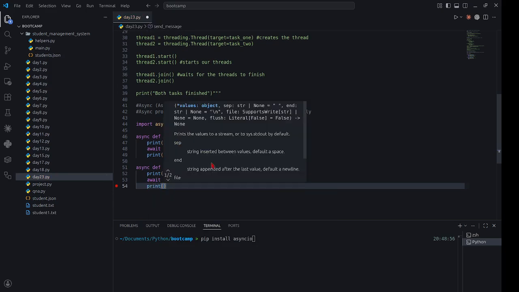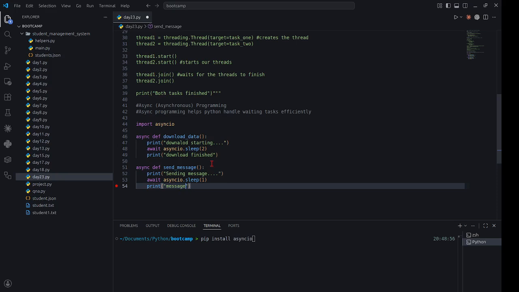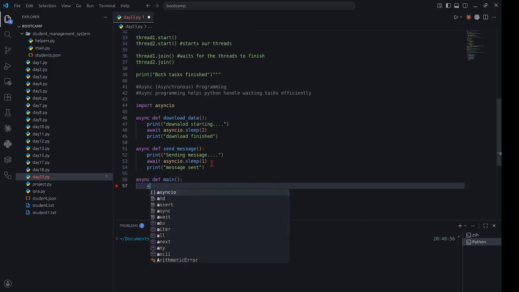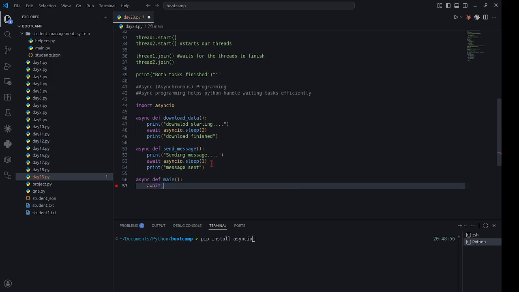Print message sent, right? Then another third function, our main function, right? Await asyncio dot